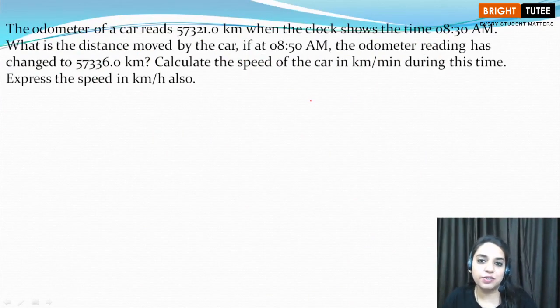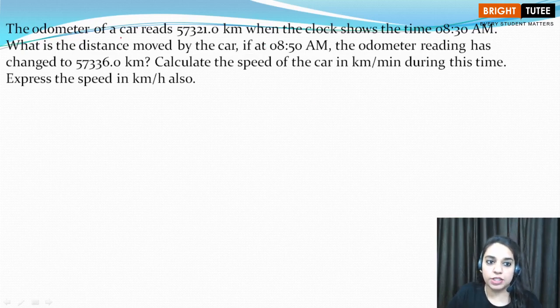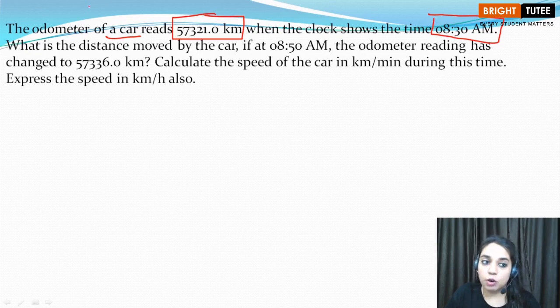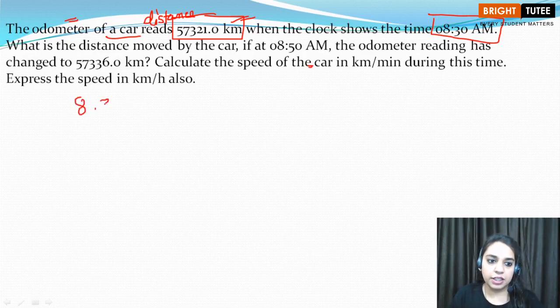In this session children, we are going to discuss some of the questions and answers from the topic that we have covered so far. So children, the first question is on your screens and it says an odometer of a car reads 57321 kilometers when the clock shows 8:30 am. So children, what does an odometer read? Odometer gives you the distance traveled. Okay, it gives you the distance and its unit is kilometers. So at 8:30 the reading in the odometer shows the distance